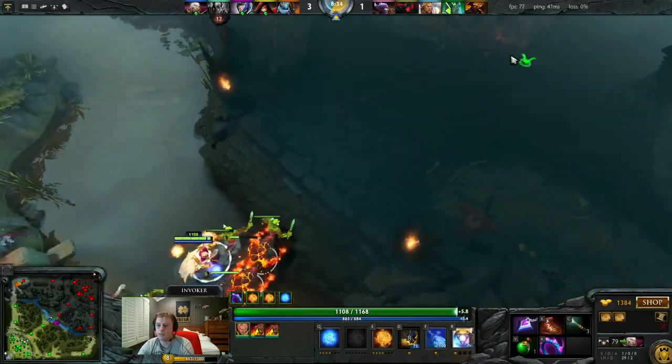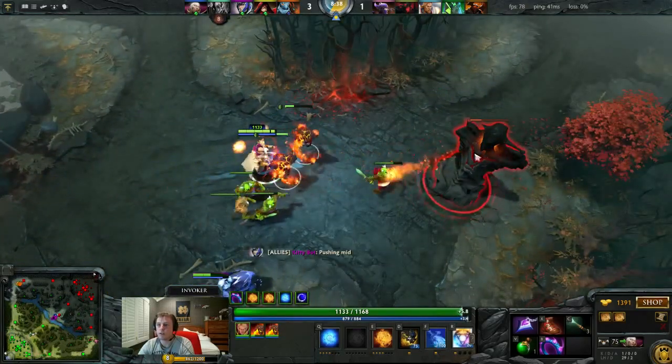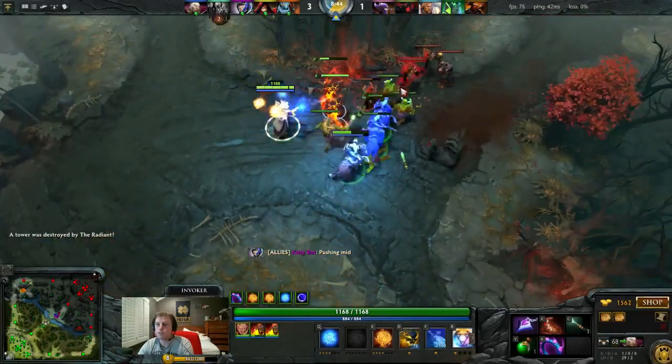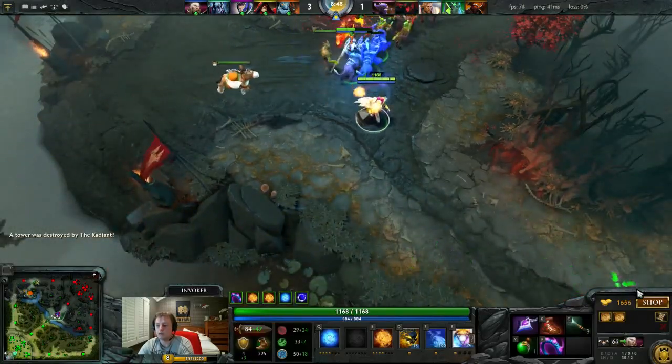Yeah, die creep. But this is kind of the basic style of what's going on. So you get this tower down. You can choose to keep farming the jungle if you want to. You can choose to keep doing other things. It doesn't matter. But once you get into here,